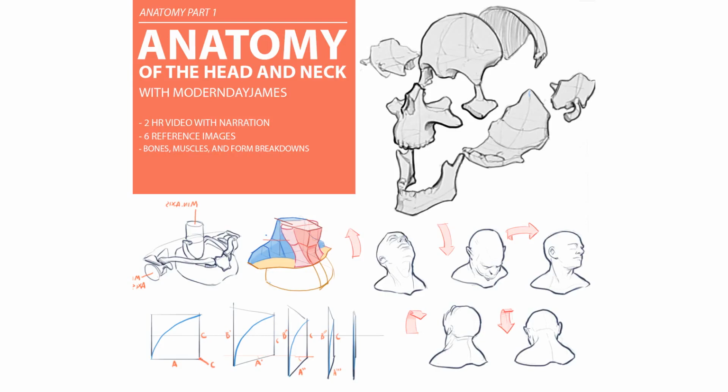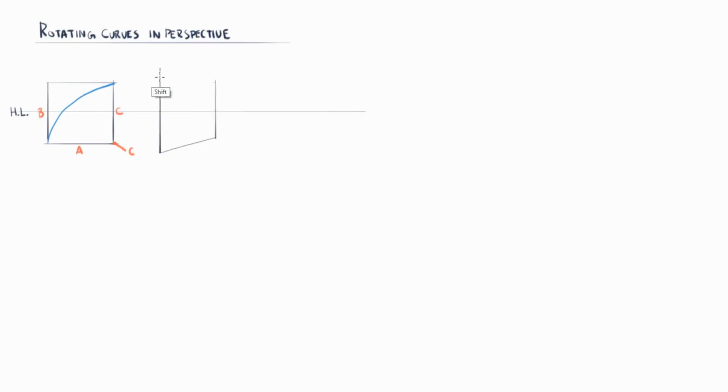and since the skull is one of the most complex bone structures of the body, I thought it appropriate to start by discussing how we can rotate complex curves in perspective. So I'm going to begin by placing in a flat plane, and within that, I'm going to place a curve. I'm going to delineate these three edges A, B, and C, and that vertice, C, which we're going to rotate around. When I rotate this whole plane counterclockwise, what we notice is that A slopes towards us more